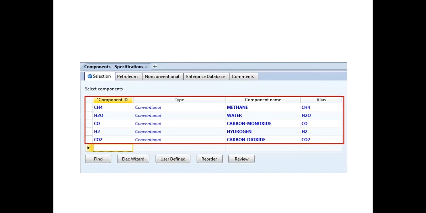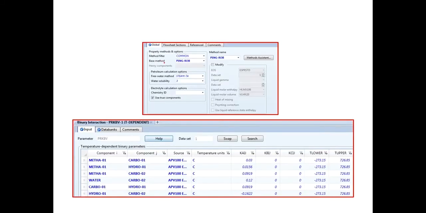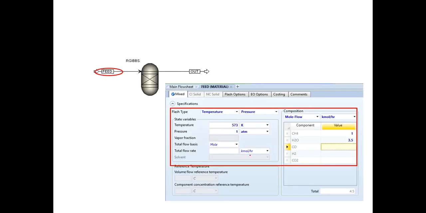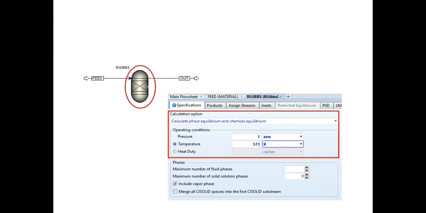So we will add all the components available in the reaction: CH4, water, CO, H2 and CO2. Then Peng-Robinson is selected. This is the connection scheme of Gibbs reactor. Then specifications of feed. Then the reactor is specified, and how it is specified by clicking calculate phase equilibrium and chemical equilibrium.